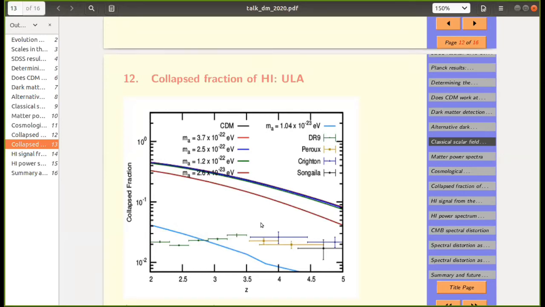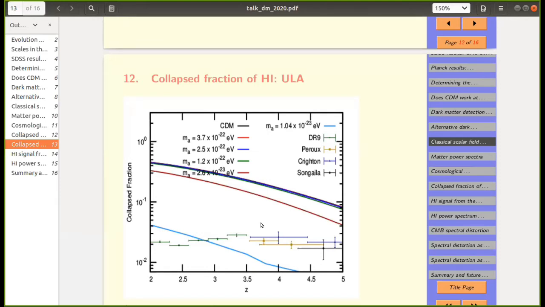Now, it's a very interesting probe, which was used initially in the early and late 1990s based on a handful of damped Lyman alpha clouds. In those days there were around 30 or 40 damped Lyman alpha clouds. So what you see is you have distant sources, quasars, thousands of them, and you look for a certain specific absorption feature in their spectra, which corresponds to a very large column density of HI. And because it's a random distribution of HI in front of a random distribution of quasars, you can actually convert a column density into a volume density.